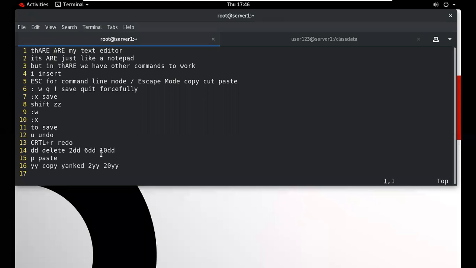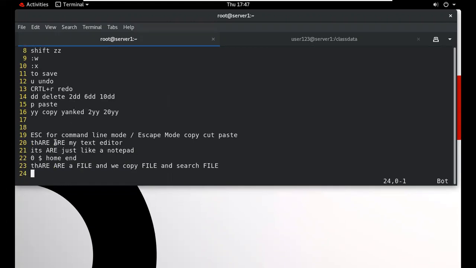Then your "is" is replaced with R, all the "is" are replaced with R. So all the "is" are converted to R, and now we want to replace R back with "is". Type percentile S, R, then "is", then G. So now you can see that I'm back.